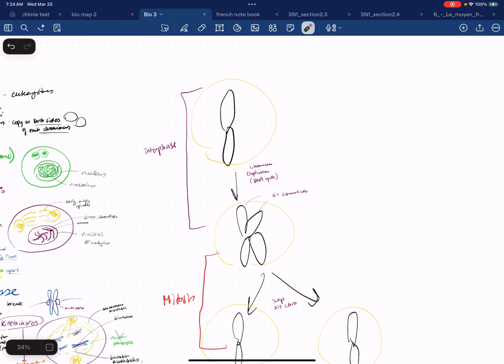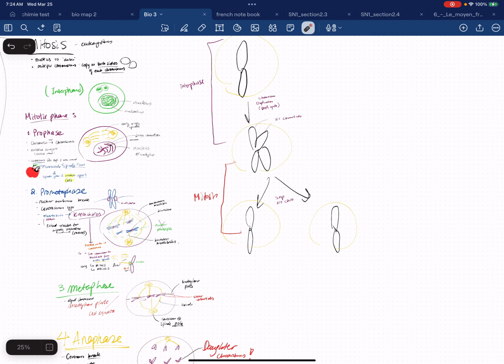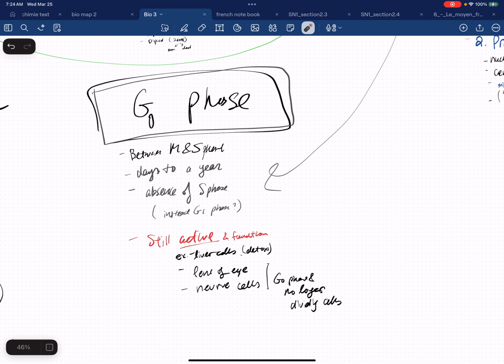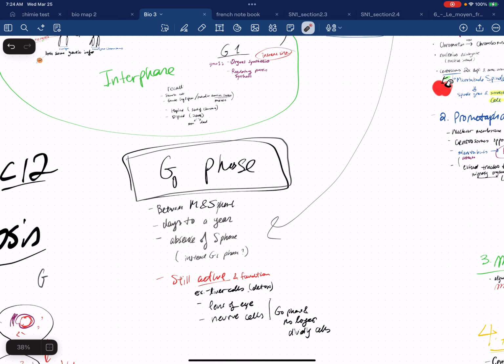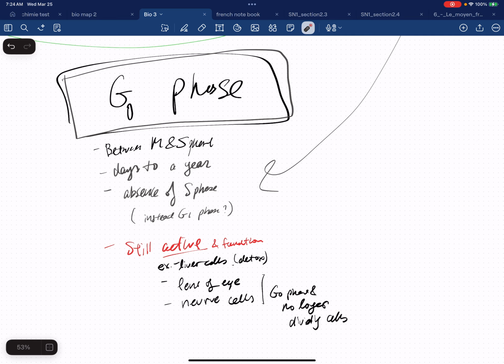So overall, interphase is from single to doubling itself, and mitosis is about separating these doubled chromatins into two. That's the general process. Now, having finished talking about mitosis, we're going to go to the G0 phase. G0 phase is between the M phase, mitotic phase, and the S phase, synthesis phase. So it's all about an inactive state. The cell will go into a non-actively dividing state, such as liver cells and brain cells, so neuron cells, that will